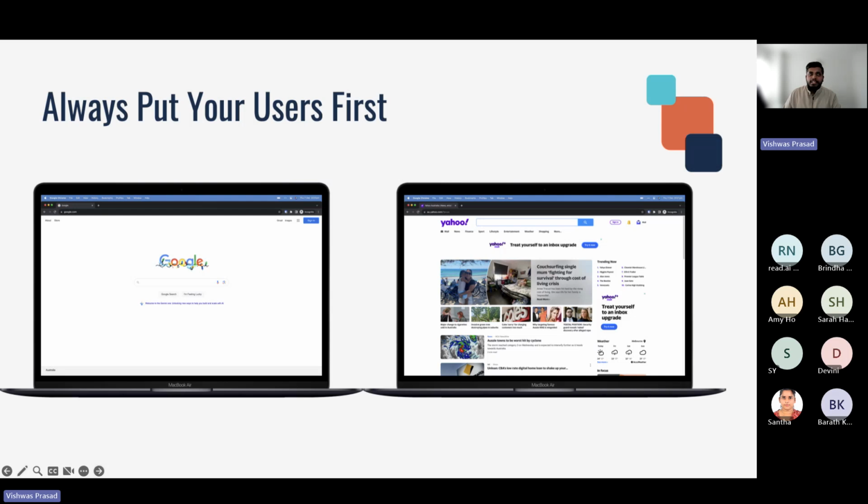Now, what you're seeing here on the left is the Google homepage, and what you're seeing on the right is the Yahoo homepage, right? Both are search engines. Now, why is Google more successful than Yahoo? Right? And if you look at one of the core reasons there,